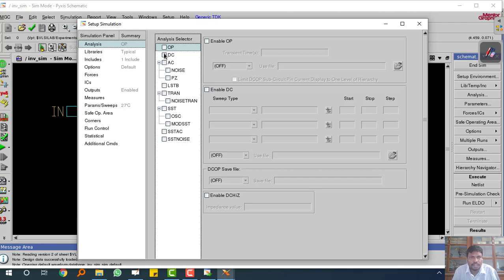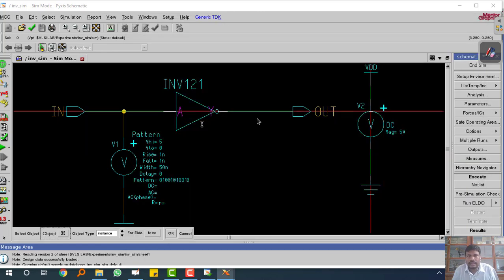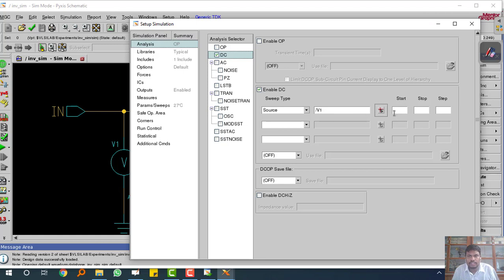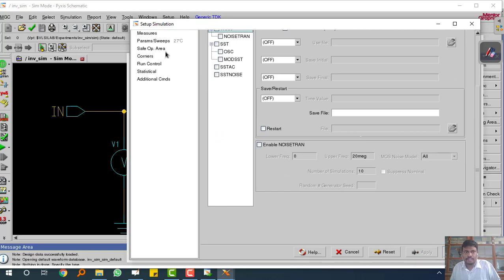First you click on DC analysis, source one. Connect it. This one I will start with 0 and stop with 5 volts, and the step is 0.1. Then for transient analysis, 0 to 1000 nanoseconds. I will apply the values.